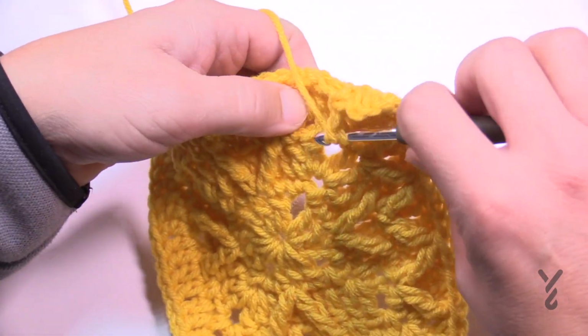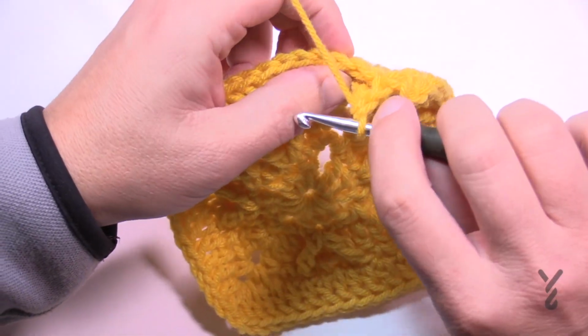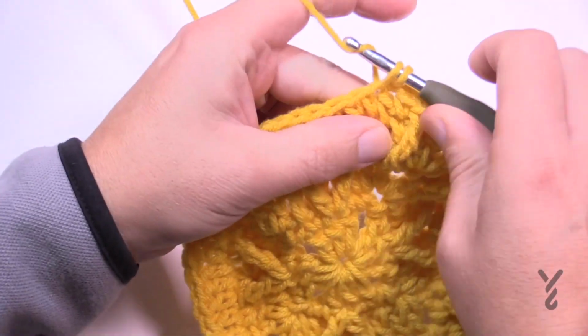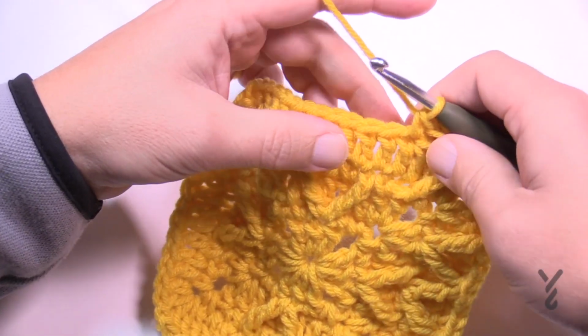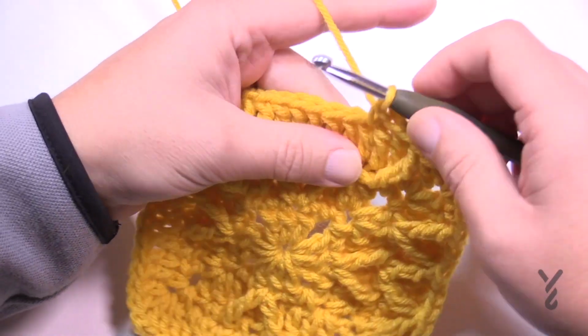So just go right into the one you skipped before and treble all the way back, and that counts as the one it's sitting in front of. Single crochet the next, chain 1, skip 1, and single crochet the next. So you've just now created the hole for the next V stitch to line up on top of this in the future. So now we're gonna come into this one and into this one over here with a 2 together